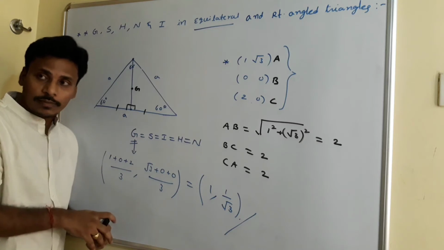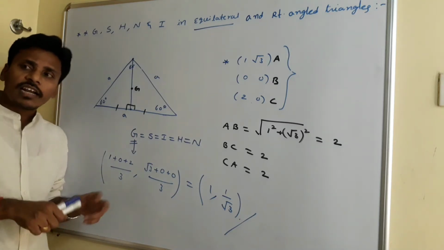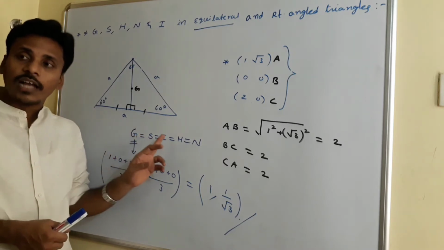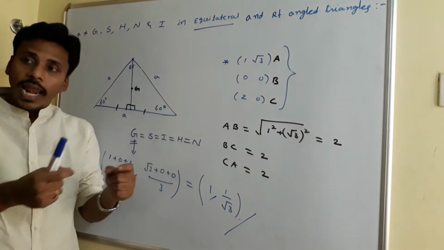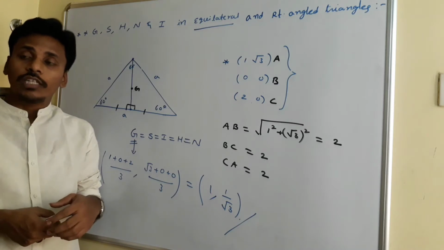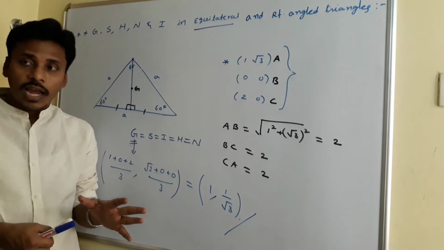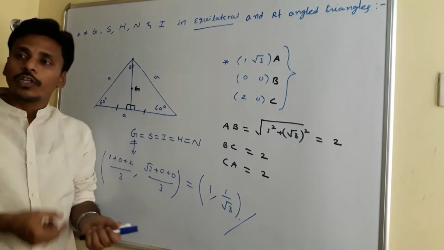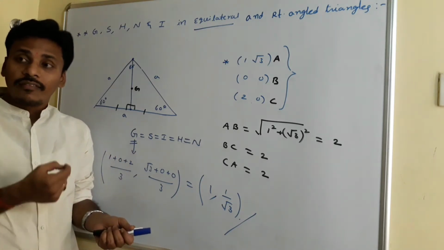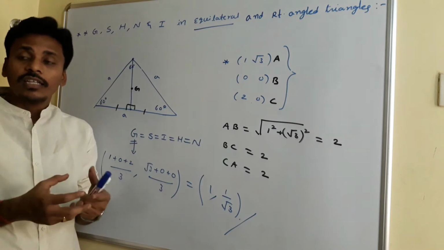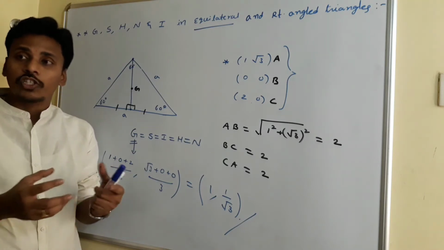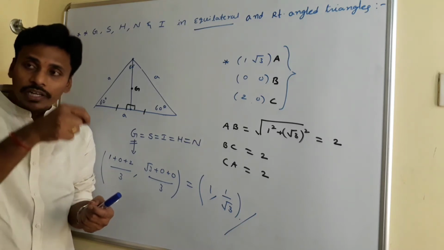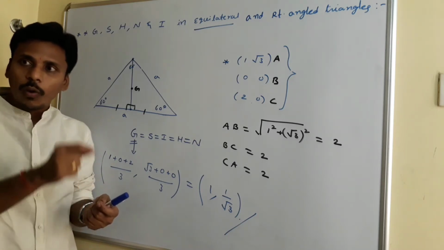It is enough to find the centroid using the centroid formula, and that same point with the coordinates acts like the circumcenter, incenter, orthocenter, 9-point center, right? See, in a general triangle, the 4 points centroid, circumcenter, orthocenter and 9-point center lie on a line, and that line is usually termed as the Euler line. I already told you. But for an equilateral triangle, since all the points coincide at one particular point, there is no such Euler line, because all these points are coincident at one particular point, right? We have only one point.